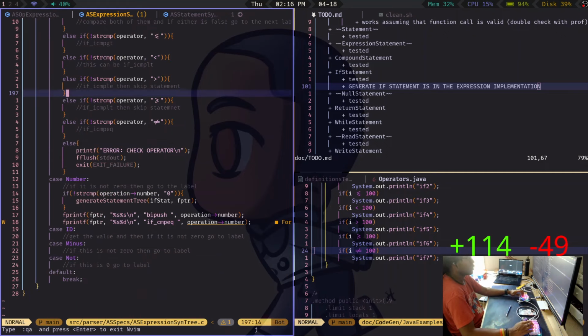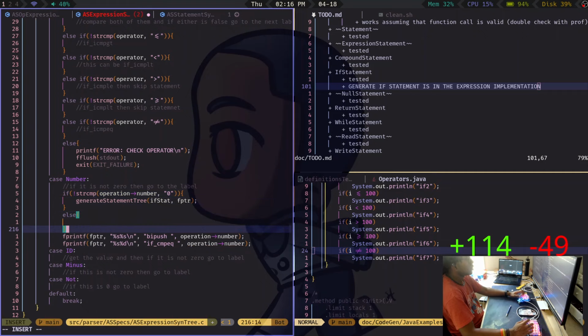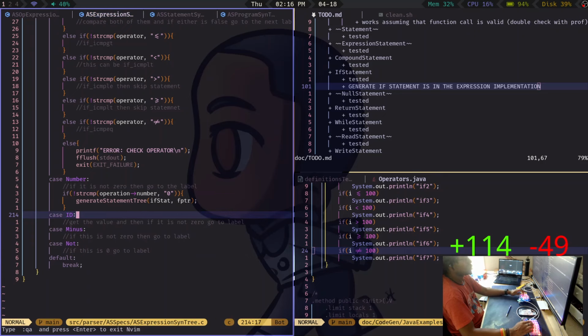This is just the if statement, so we will only have an if. Else, you literally do nothing. I might as well just do my solo pistol. Get the value, and then if it is not 0, go to the label.